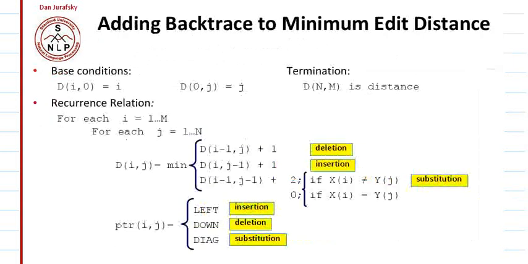We add, for insertion, pointer ij, we also add ptr ij is equal to left, okay. For deletion, we write down the pointer as down, and for substitution we write down the pointer as diagonal, right? So in this way, just slightly modifying the algorithm, we can also trace from where we are getting the path,